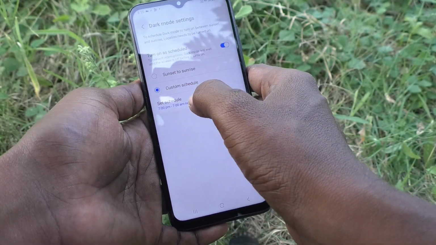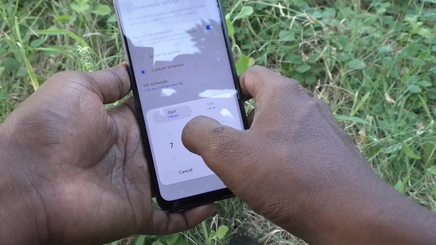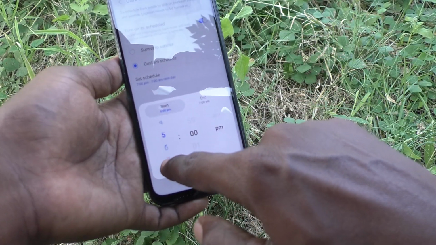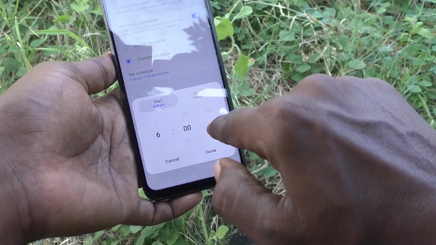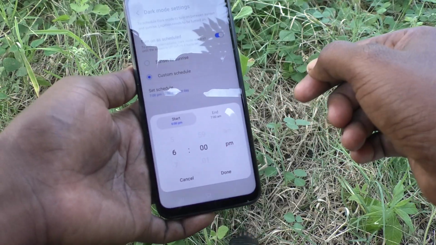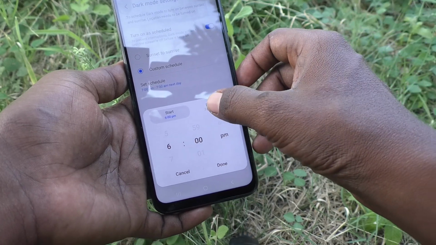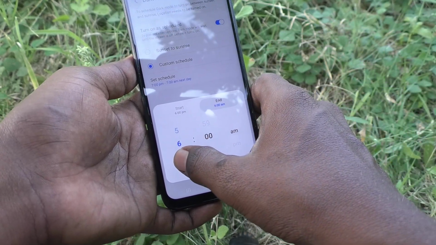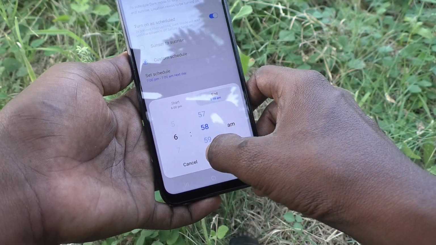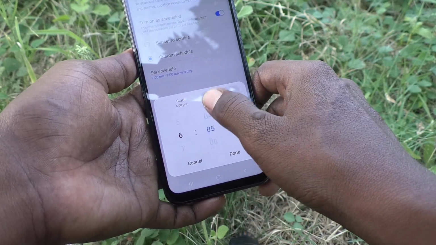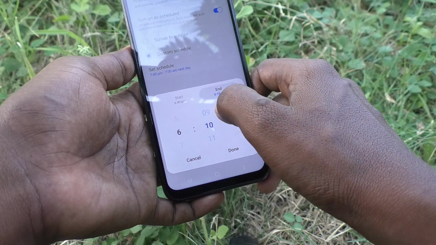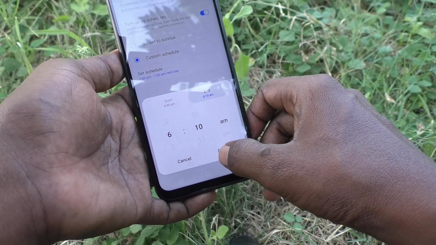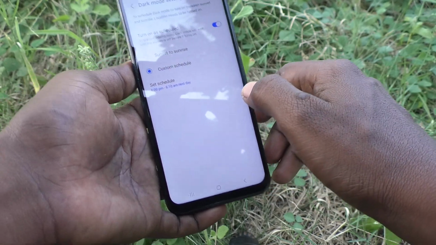Click on custom schedule and click on set schedule and you can set your start time here. This is start time. I here set start time 6 p.m. From 6 p.m. dark mode will be starting, and for end time click on end here and then next day 6:10 a.m. I would like to turn off automatically this dark mode and click on done, and from